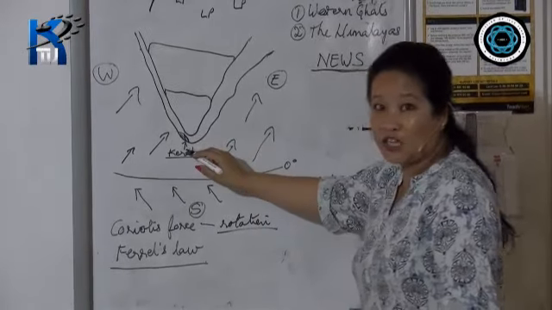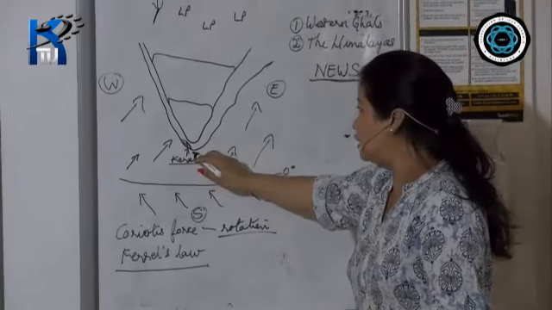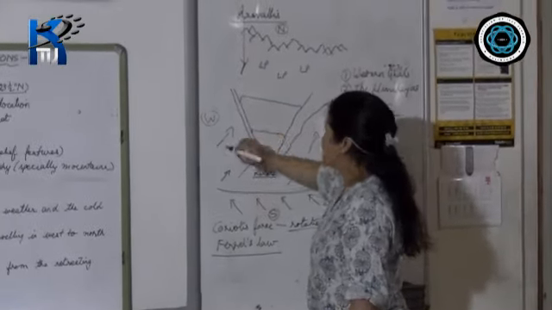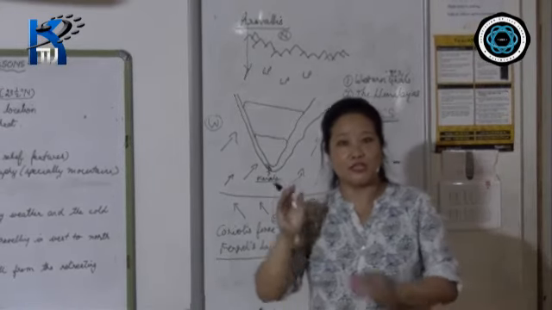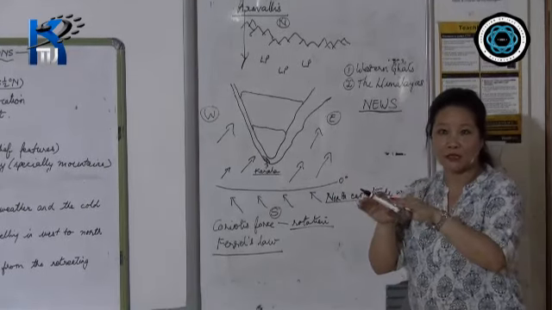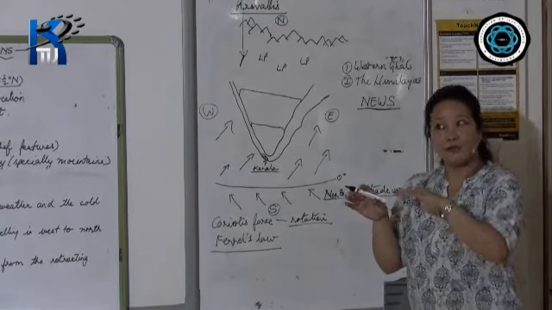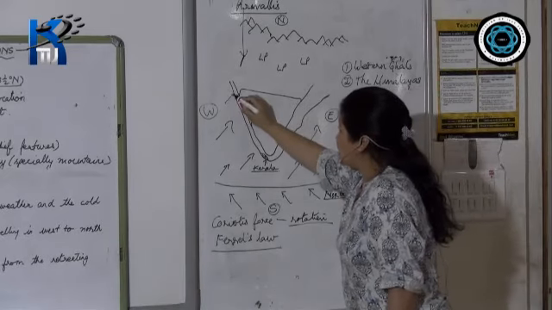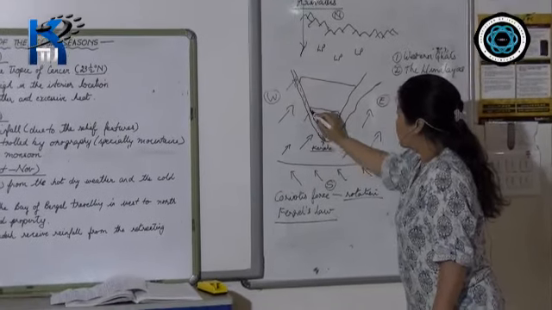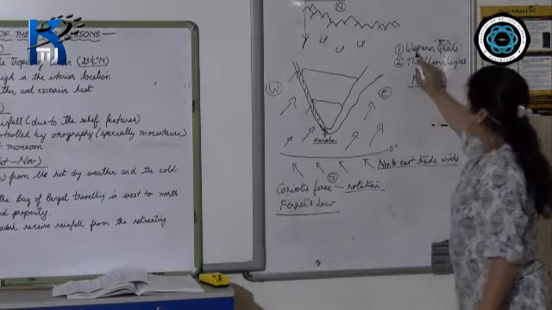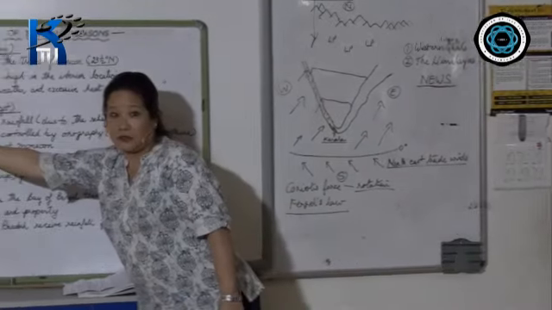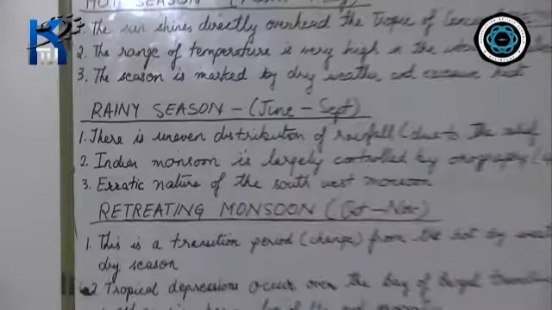Because of its location, Kerala is the first place, and along the western coast, for any rain-bearing winds, you need a solid barrier to obstruct the wind so that it can cause rainfall. If it's parallel, it can never cause rainfall. As it hits here, the Western Ghats being higher, there are heavy rainfalls on this side. So, as I said, the Western Ghats play a very significant role in the uneven distribution of rainfall.